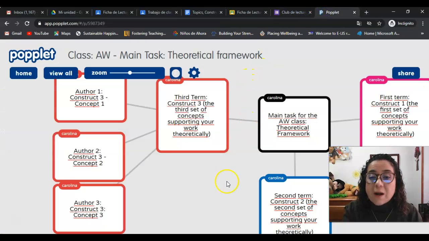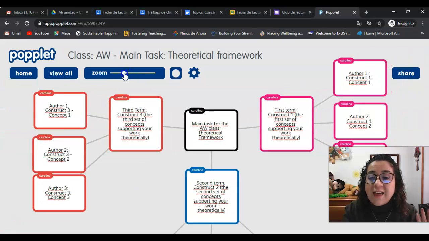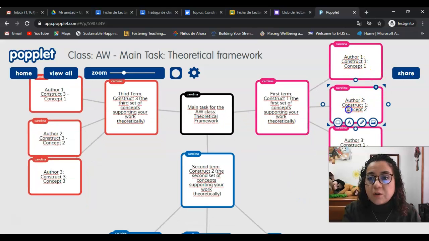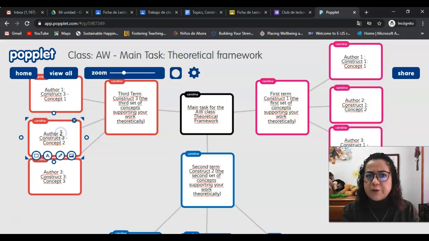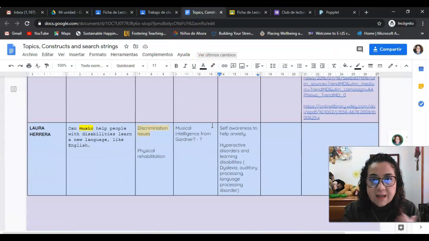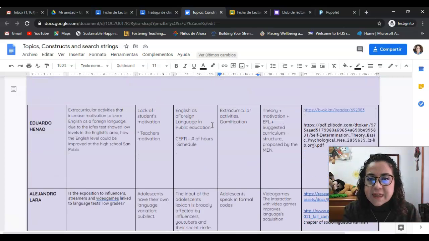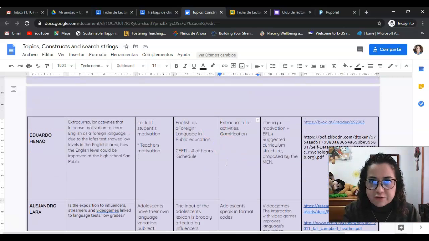Okay, so why am I saying this? Why am I doing this video? Because I have seen that some people have been doing, for example, 1 author or 2 authors for this first term, but then started presenting topics out of nowhere from the third one. I am checking this chart as I'm reading the reading guides, and I'm seeing things that belong to the third construct. So I'm like, what happened?